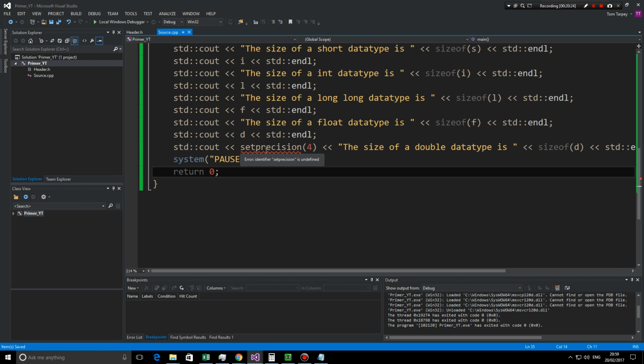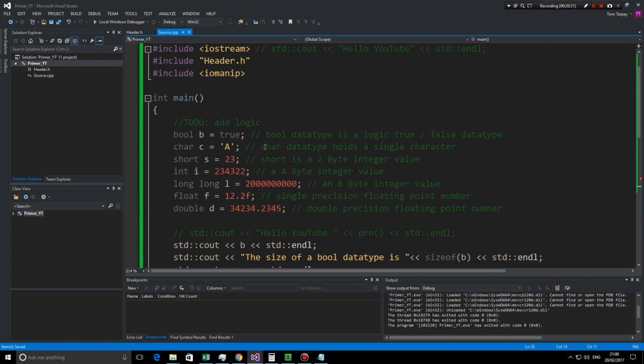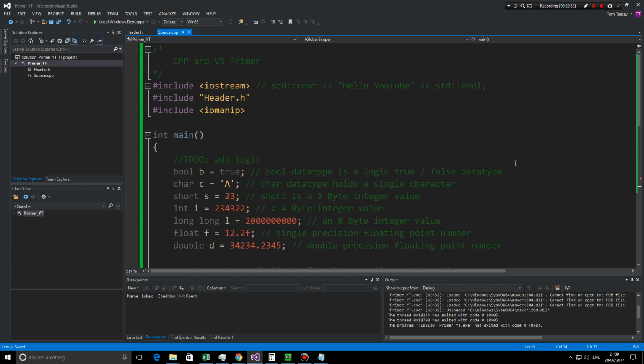Set precision. That's said correctly. It's still saying it's undefined. What is it with this? I'm going to take a look and see if I can find out what. Okay,